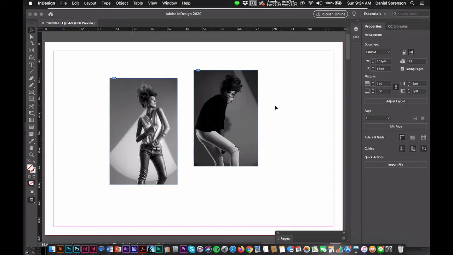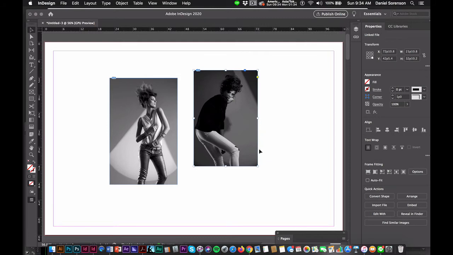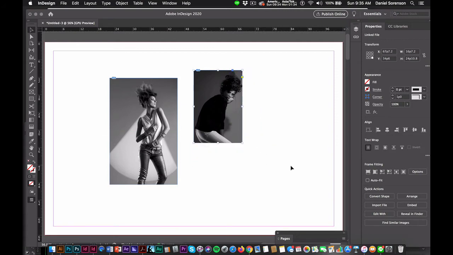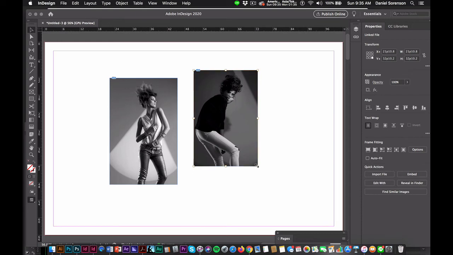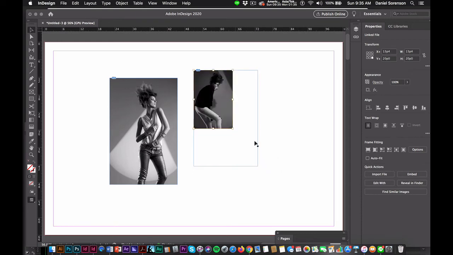Now this is where InDesign gets a little confusing. If I come back and I click on the image and I want to resize it, in Photoshop or Illustrator, you just simply drag on a corner and you'd resize it. But what happens here is you're just resizing the frame and not the content. And that can be very frustrating. If you click on the content grabber first and then drag from the corner, it will then size the content